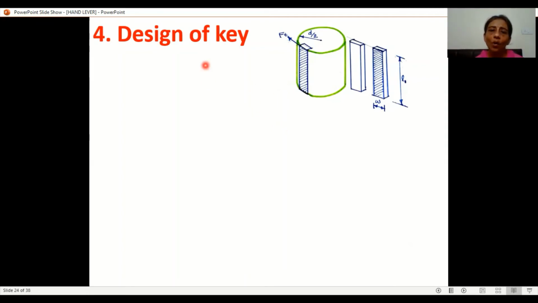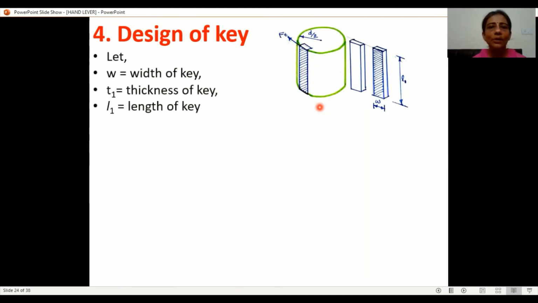When we apply the force or effort on the lever, it may happen that the boss may turn but the shaft may not turn because of shear failure of the key. So the key gets subjected to single shear failure. Half thickness of the key remains inside the shaft and the remaining half remains inside the boss. The boss will turn, but it will not rotate the shaft because of shear failure of the key.